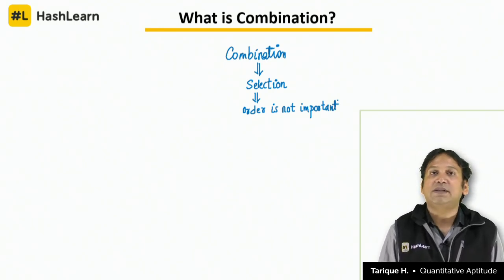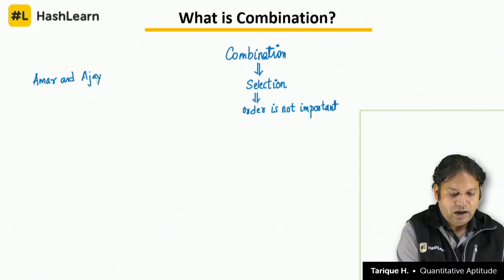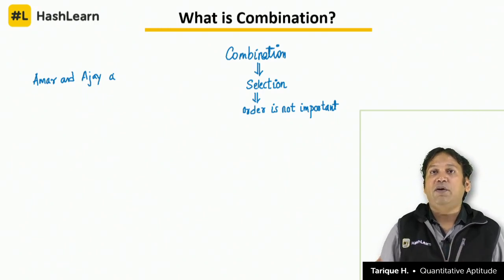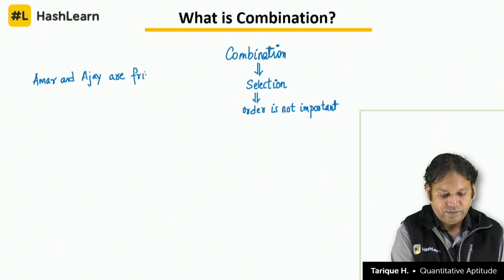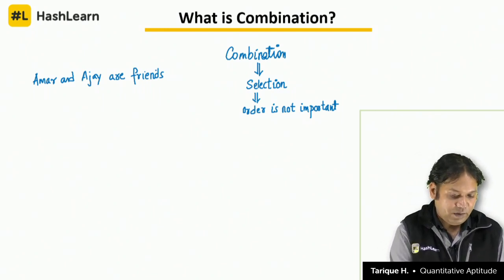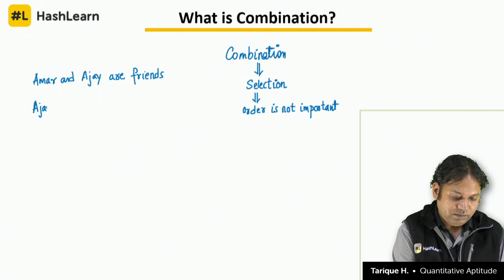Let's say if we talk about two persons in a classroom and they are friends, let's say Amar and Ajay are friends. So I have taken the name of two persons. I have made a selection out of the two, or in the class, let's say of 10 or 20 persons, I made a selection of two persons, Amar and Ajay, and I am saying that Amar and Ajay are friends. Now there is a particular meaning that this sentence conveys to us. It tells us that these two persons selected from the class are friends. Now if I change the order of their names, if I change it to Ajay and Amar, and I say Ajay and Amar are friends,